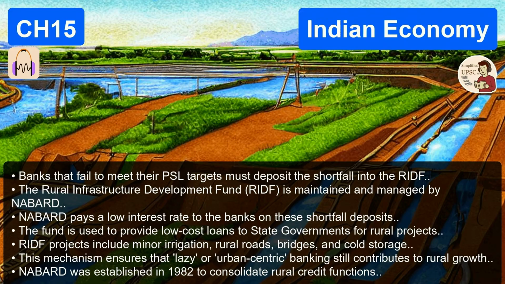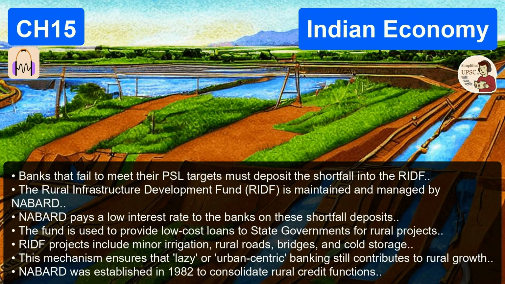Okay, so the RBI controls the total volume of money. But here's the problem with relying purely on volume. Gravity naturally pulls that water, that money, towards the big cities and the massive corporations. It is easier to give one loan of 1,000 crores to a giant conglomerate than 1 million loans of 1,000 rupees to farmers. Much easier and much cheaper administratively. Money doesn't naturally flow uphill to the villages or the small workshops. So how does the government force the water uphill?